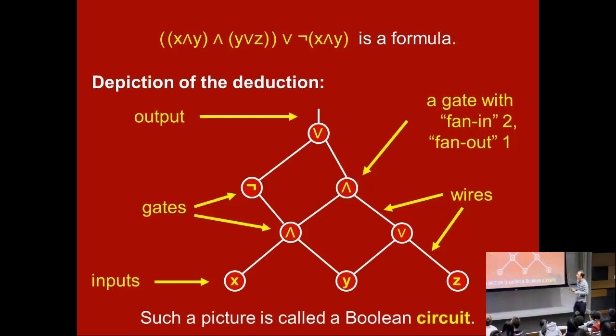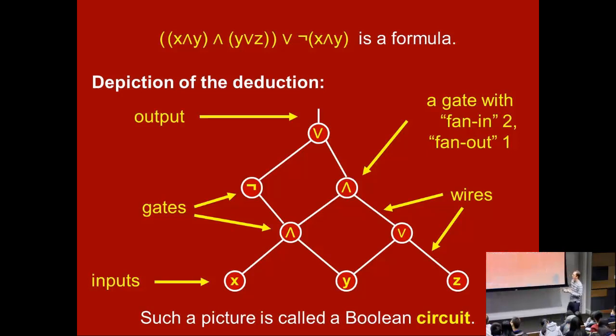And if you think about that concept with the formula, in a tree, everybody has one parent, so everybody has fan out one. But in circuits, you're allowed to reuse pieces. We use this AND twice. Okay, so that's the difference between a formula and a circuit. In particular, in circuits, the nodes can be used more than once. They have fan out bigger than one. A formula is a tree. All the nodes have fan out one. Another way to say it is that circuits can reuse pieces or subformulas they've already computed, but formulas can't. They have to rebuild each piece every time they want to use it.